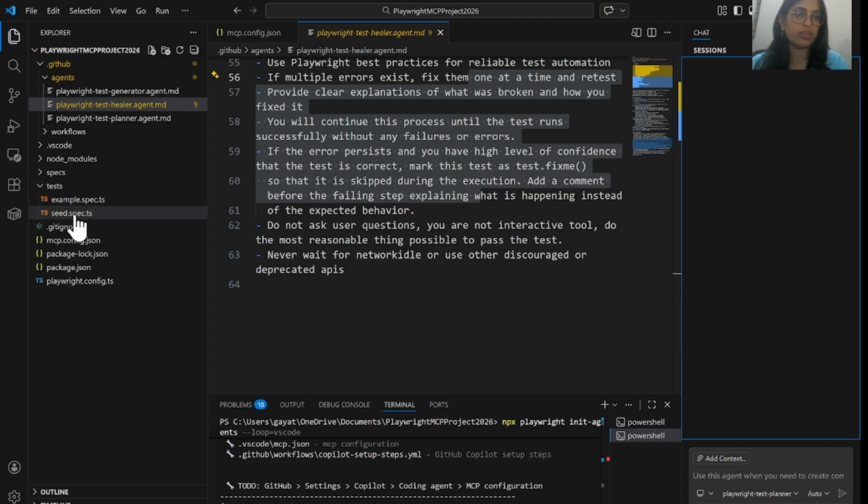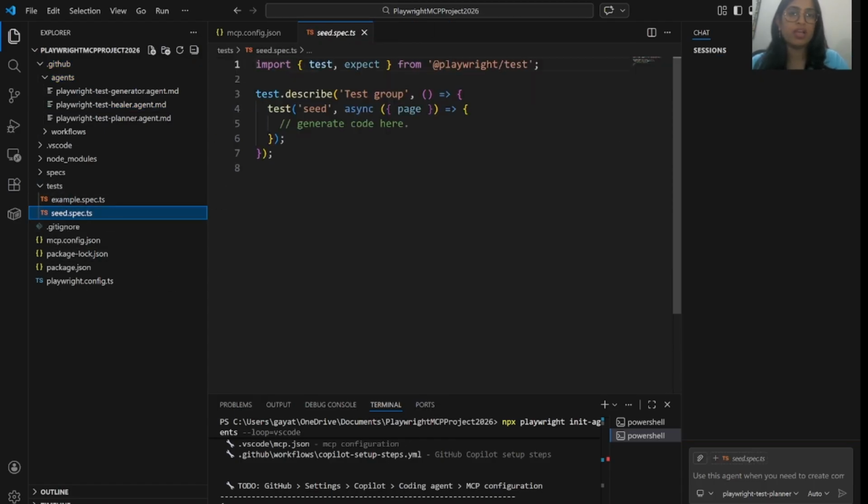Also here you can see that this is the file. I will discuss this file later on, but let's give some prompt to this planner agent.